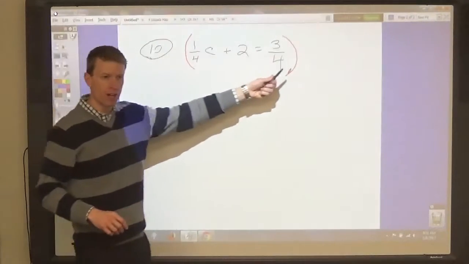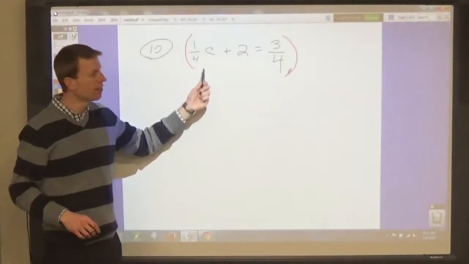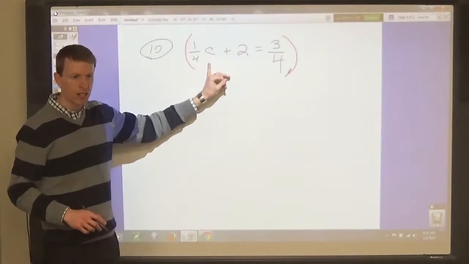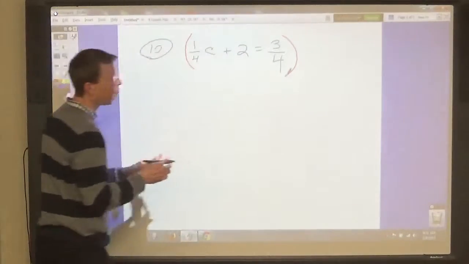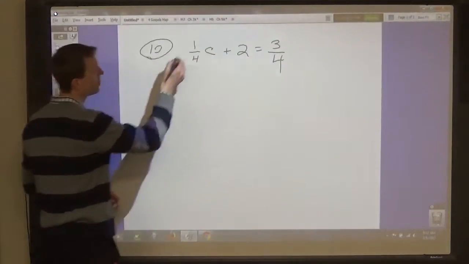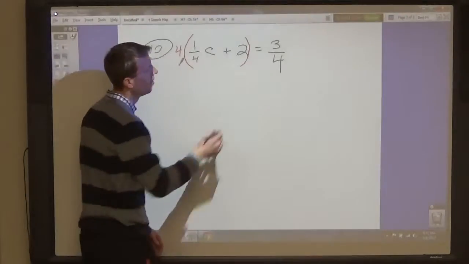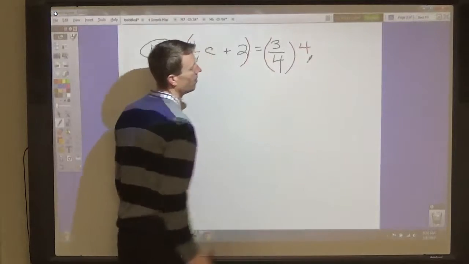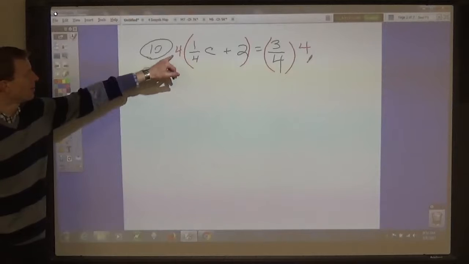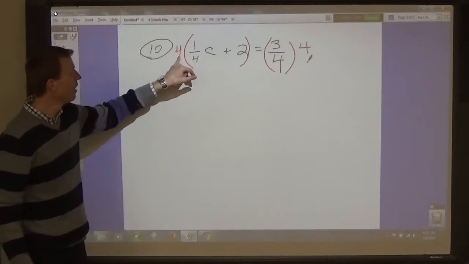What you can notice in this one is that the denominators are all the same. We just have 4s as our denominators. And so if we multiply both sides separately, then you'll see something that you know how to do. Multiply by 4. We know how to multiply a number outside of parentheses. And so if we multiply 4,